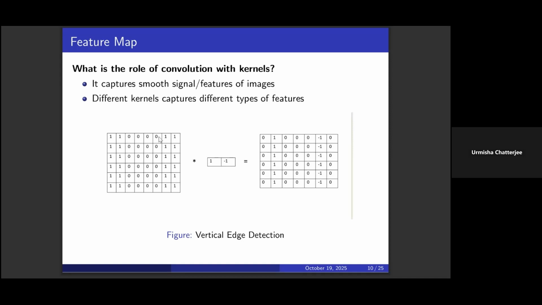Similarly, when it was at the second to last element, 0 and 1, there's a difference between these two elements. At that point it was detecting a minus 1. So whenever consecutive elements are the same, that means there is no edge, and the kernel will give you a value 0. Whenever there is a difference in digit, this kernel will give you a value different from 0. This is how it was detecting, and this is how these zeros, minus 1s and 1s are coming in the output image.